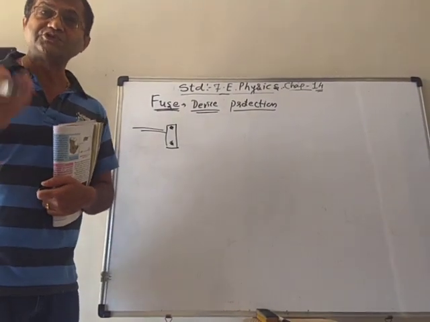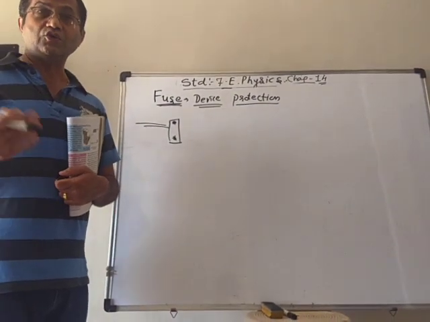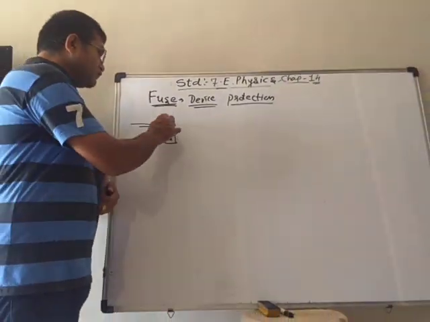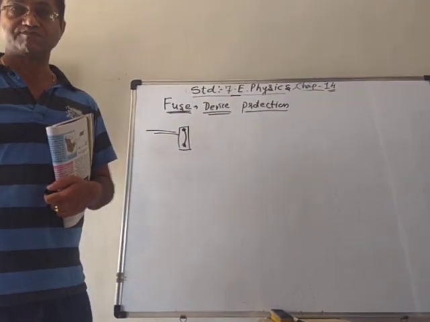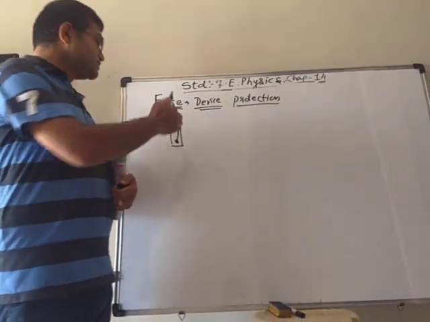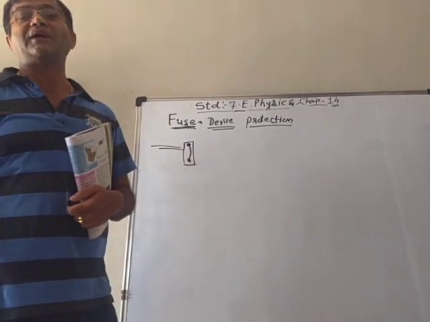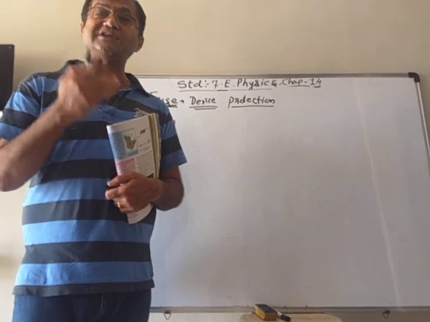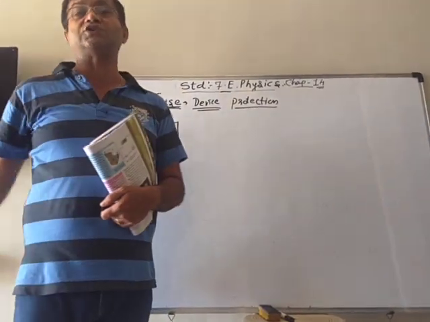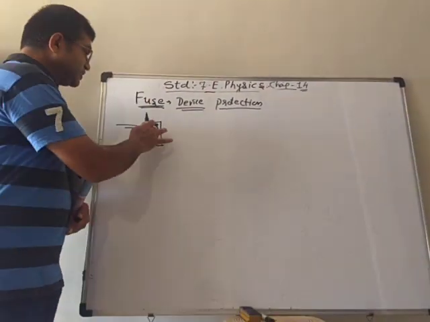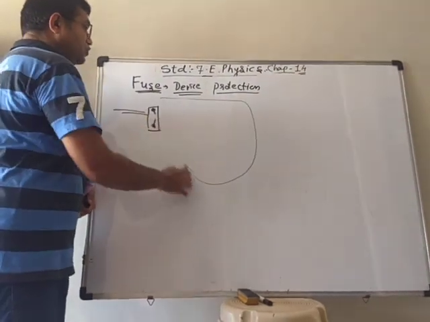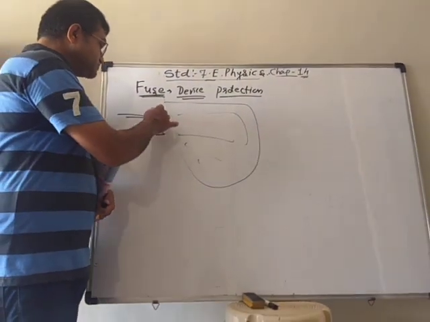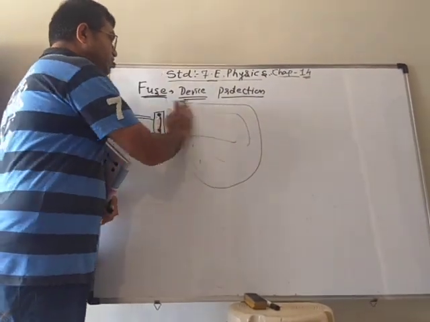Now again, the fuse has blown. It is not that it flew away, it doesn't have wings to fly, but it means that the wire inside is fused, meaning melted. So it will make the circuit open, because generally all the power passes through it first and then goes into your house. So if the circuit is open from here, in the house everything will not work. So that fuse is used to protect.